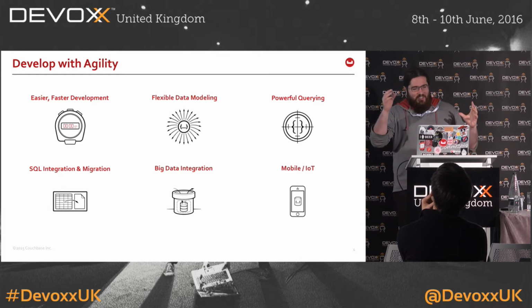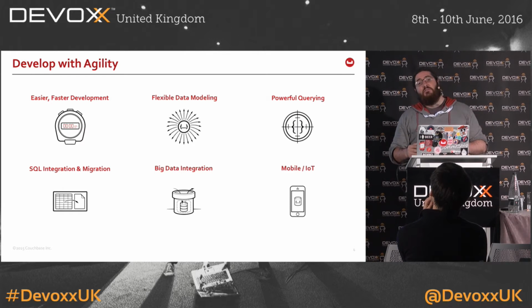Develop with agility. Basically, we use JSON. It's an unstructured format. It's extremely flexible. It's fast because everybody pretty much develops in JSON right now. Is there any of you using XML still? Yeah? XML for sending data from the database to your application. XML with configuration, it's fine. It's legacy. It works. I prefer YAML, but